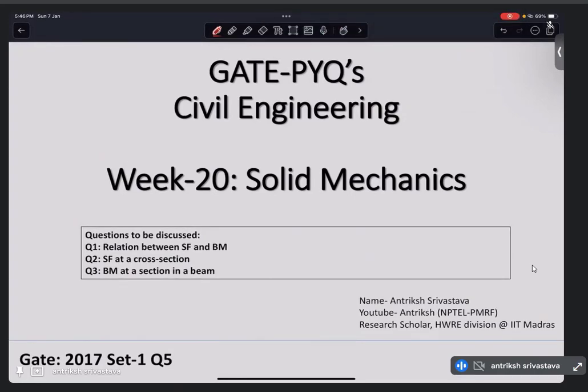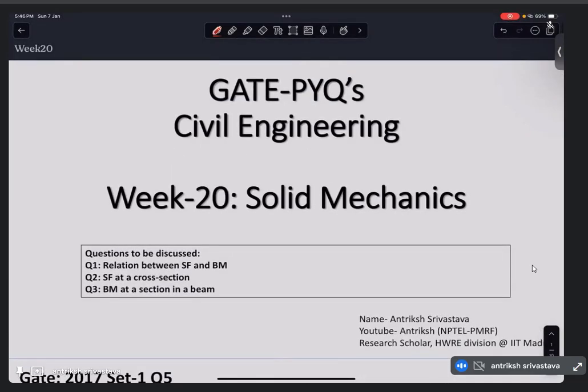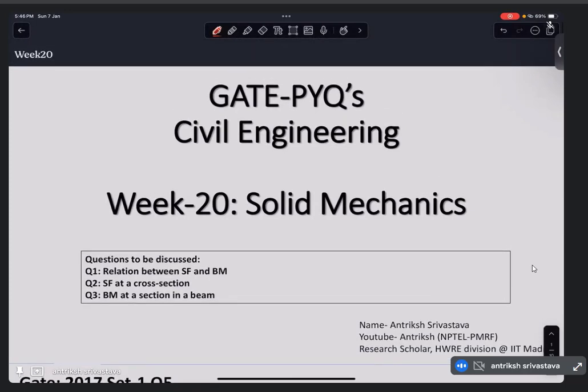I apologize for missing last week's session. There was an emergency that I had to attend to, and I requested some postponement of the session, but since the NPTEL team and I were not able to come to a mutual agreement on the time, I will see when I can upload the session of week 19 hydrology. But